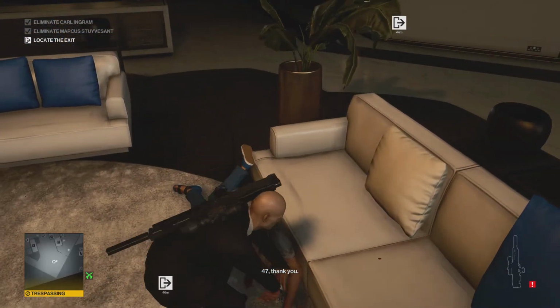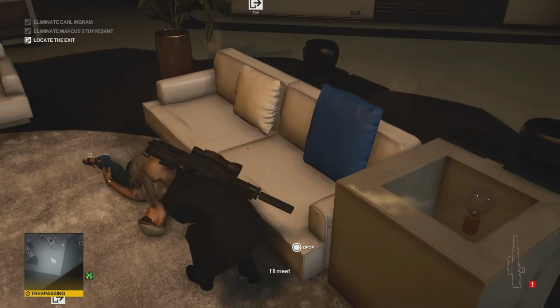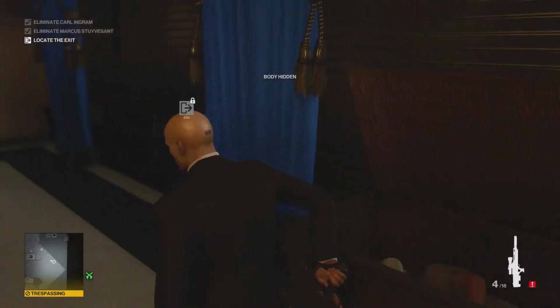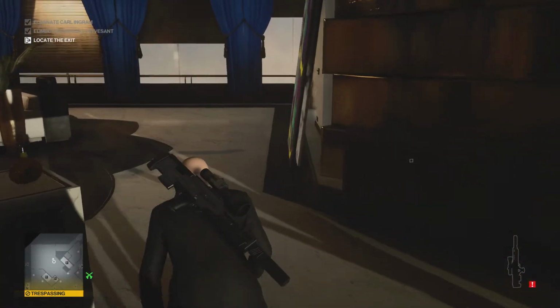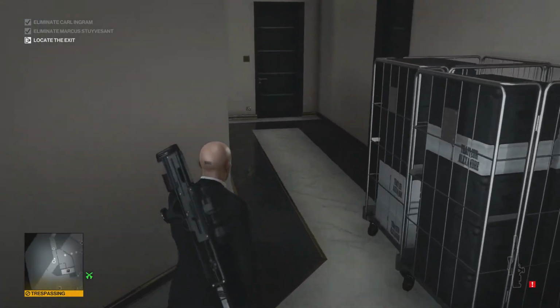Walk over to the second guy and drag him in the exact same container that you dumped the first guy in. With both of our targets hidden, make your way back over to the small cabinet to unlock the room. Make your way back towards the right, back into the same corridor, and head back towards the guard that we